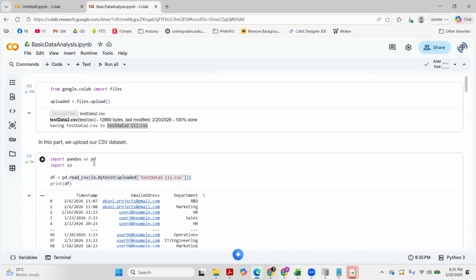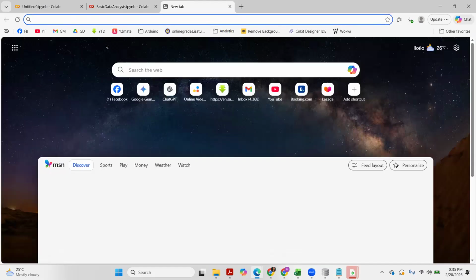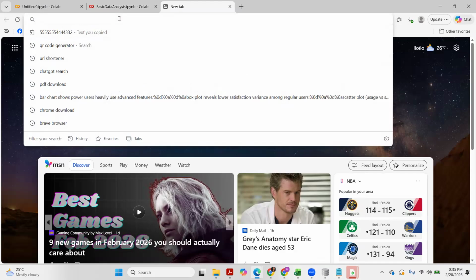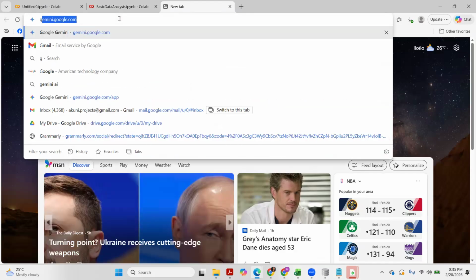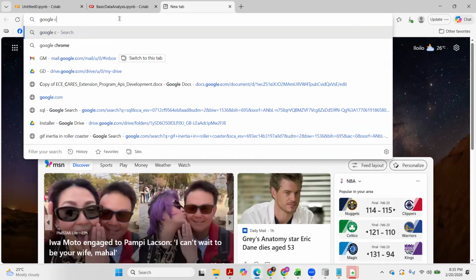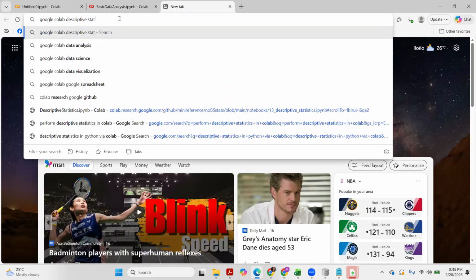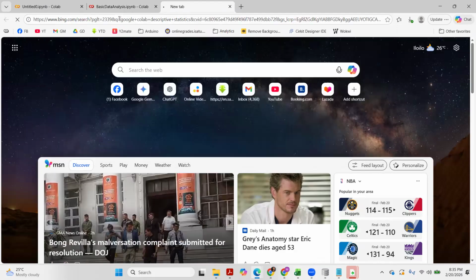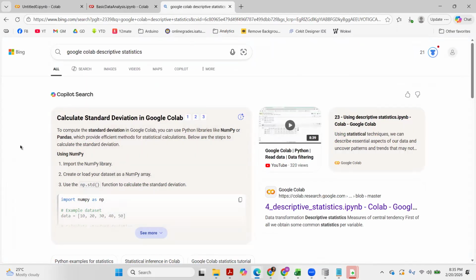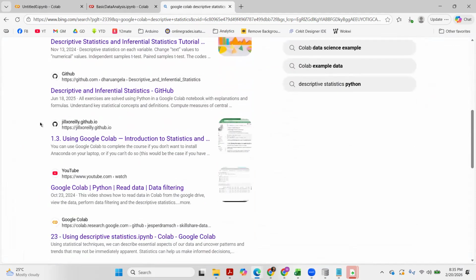You can generate your code using AI, or you can simply type in Google Colab descriptive statistics, and you can see some sample codes here.